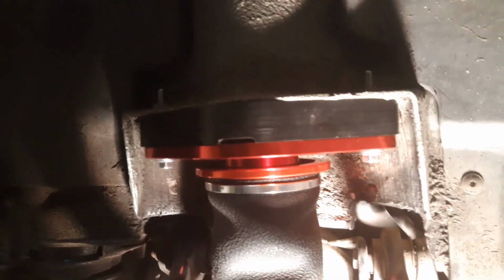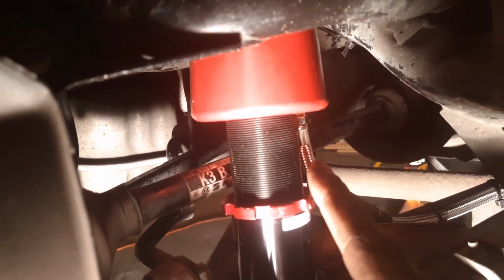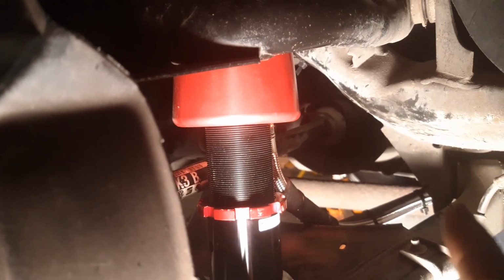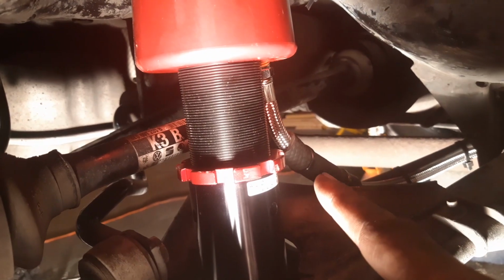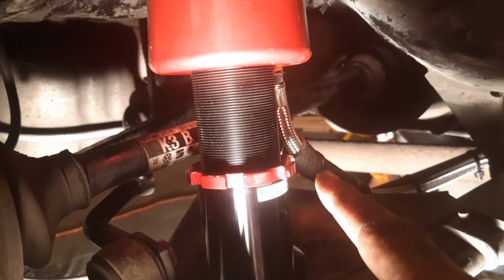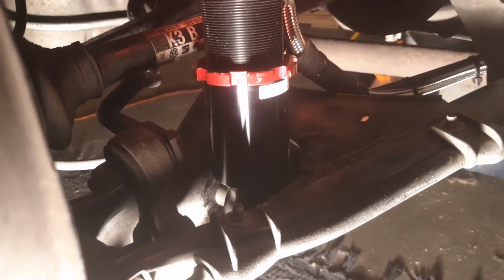Wanted to give some other quick pointers for anybody that's also doing an air ride install. One, you want to make sure that you're always installing the leader line on the back side of the assembly that's facing towards the diff back here. Another is you want to take 1/2-inch heater hose, splice it down the middle, wrap it around, put a zip tie on each end. That way you can secure that from any abrasion you're going to have on that lower